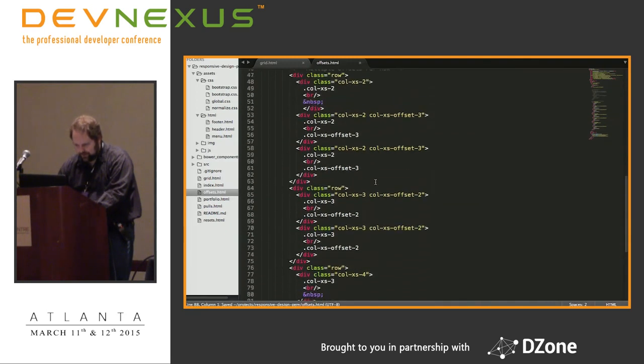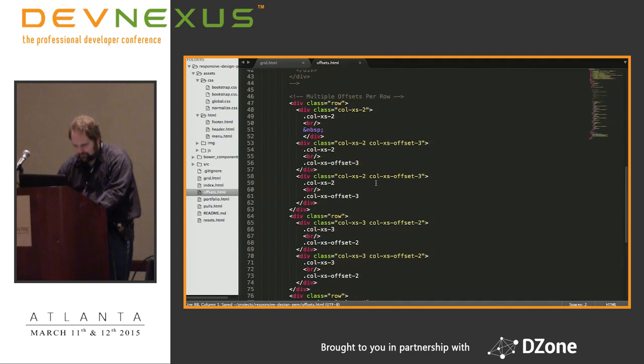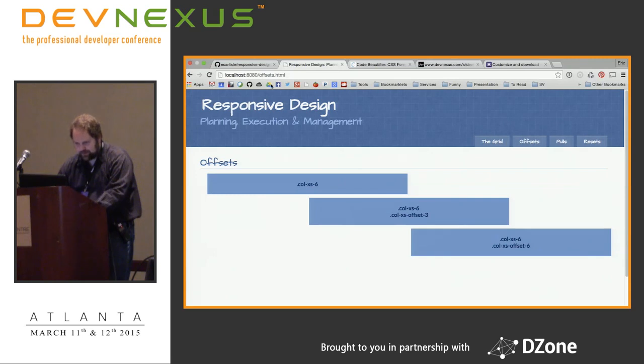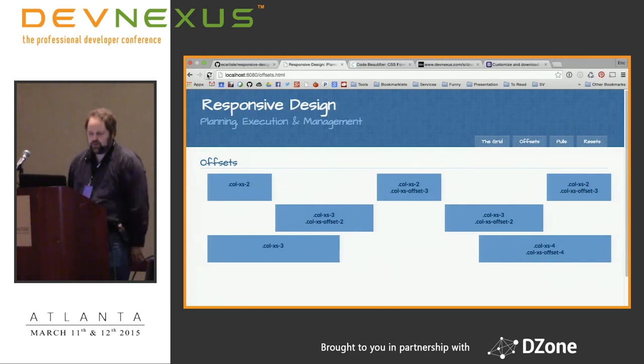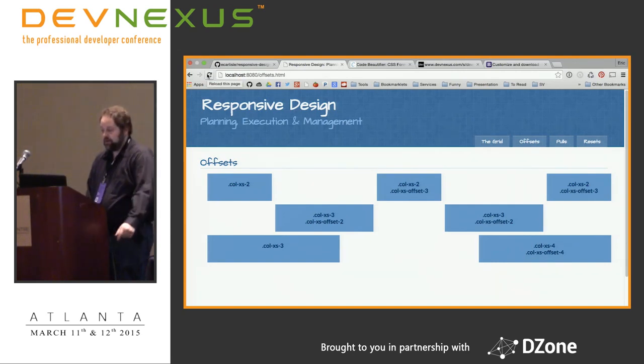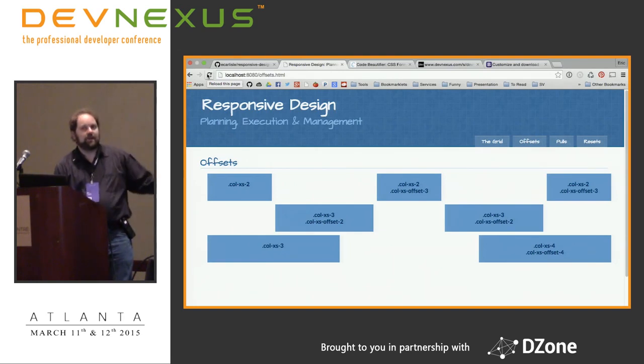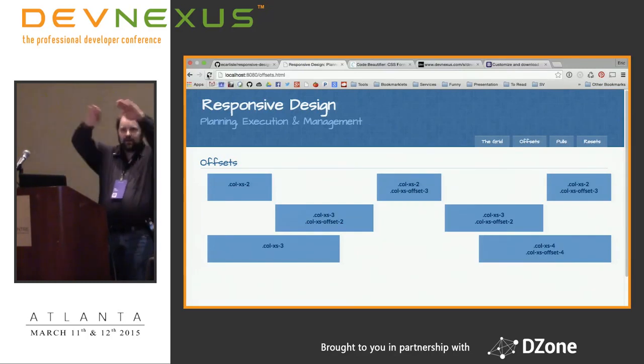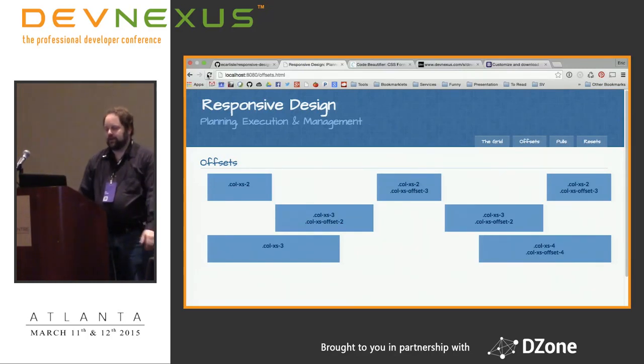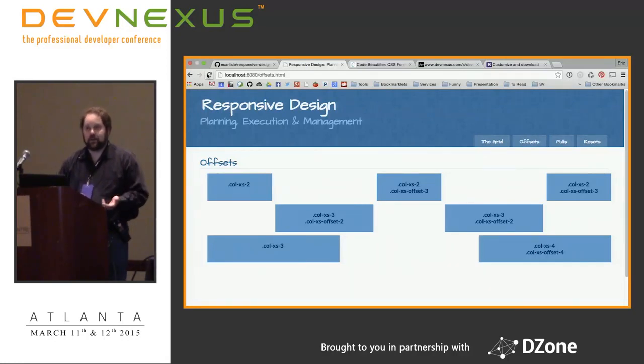Okay, let's see one other, and let's see what I'm trying to remember what I did in this. Oh yeah, multiple offsets per row. So that's awesome. So I don't necessarily have to have that one push to the left. I can say I want to use 2 columns. I want to push 3. Then I want to use 2 more columns, push 3 again. You can see we have different combinations of this. So we're not having to fill our grid. It doesn't have to be 12 by 12 by 12 by 12 everywhere. I can just use as little as I need. And that's just cleaner code. I don't run into situations where I use offset a lot, just because I'm using the entire display, but